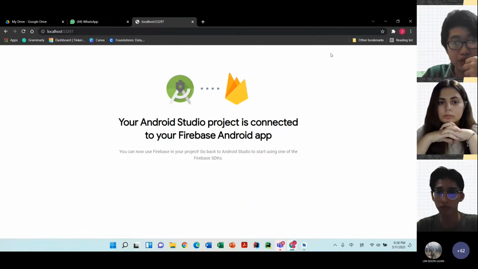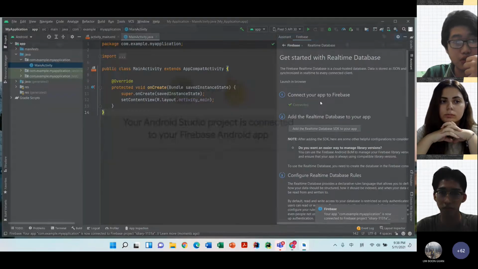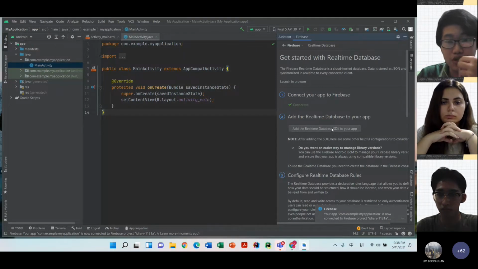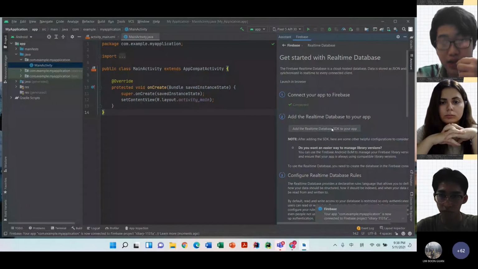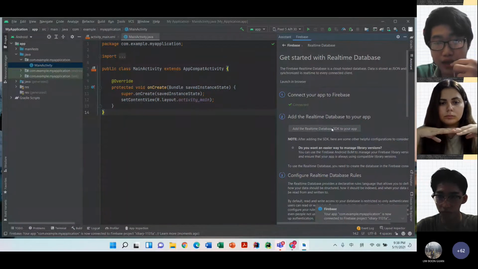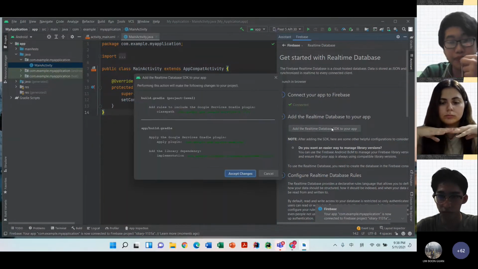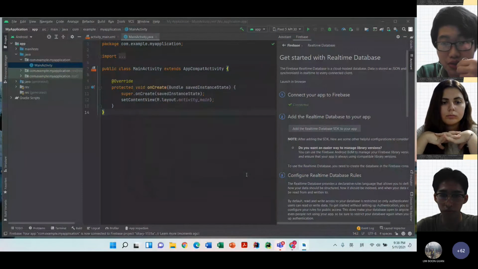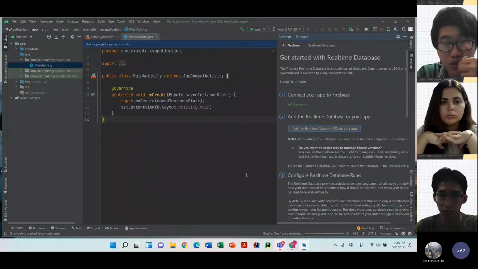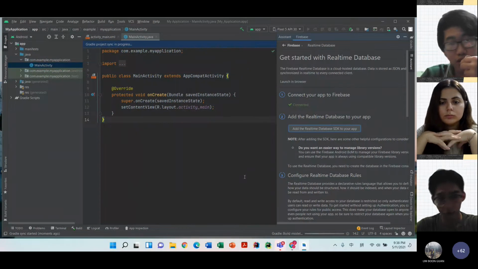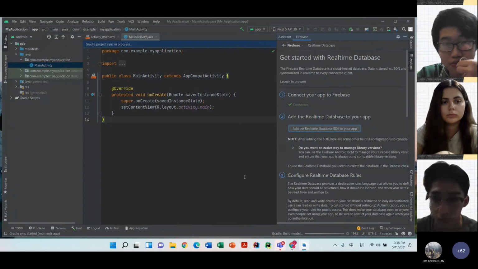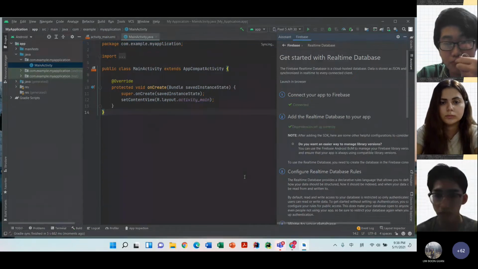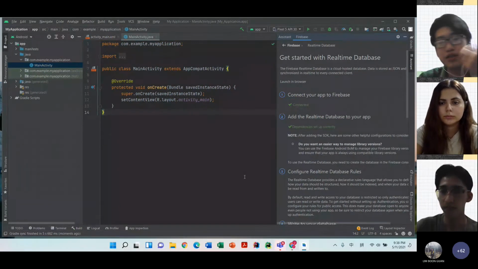Okay, so step 1 is ticked. Now click on step 2, add the real-time database to your app. Click, and then just click on accept changes. It will load for a while. Okay, so now there's a tick here.